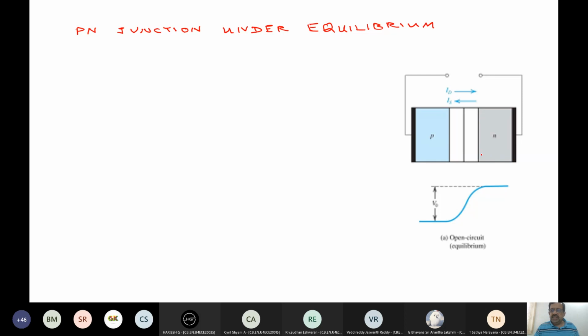Now when they form a junction like this, a depletion layer, which is devoid of any mobile charges, is formed at the junction. We call this depletion because it is depleted of mobile charges. What it means is there are no charge carriers in motion here, and because of the formation of this depletion region, an induced field is set up, which constitutes the potential barrier or the built-in potential of the junction.